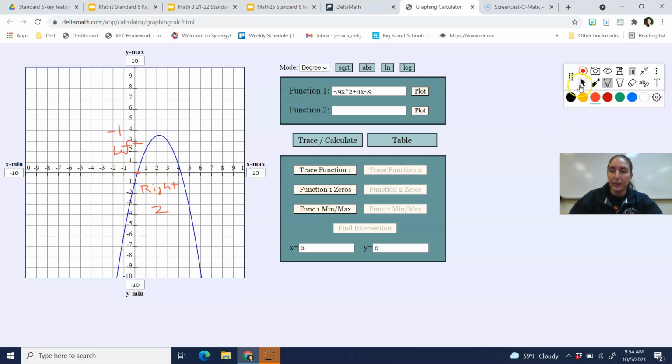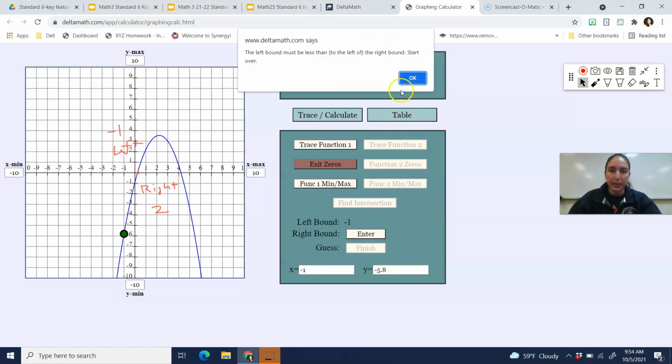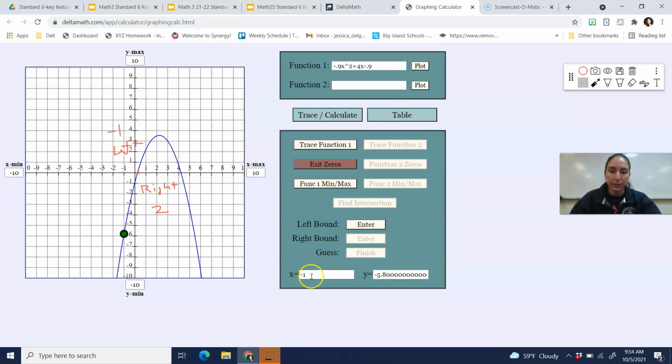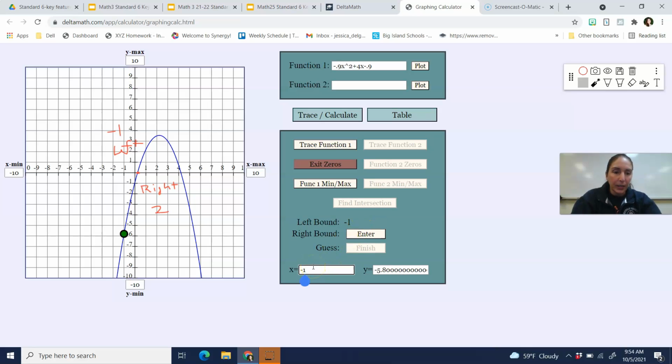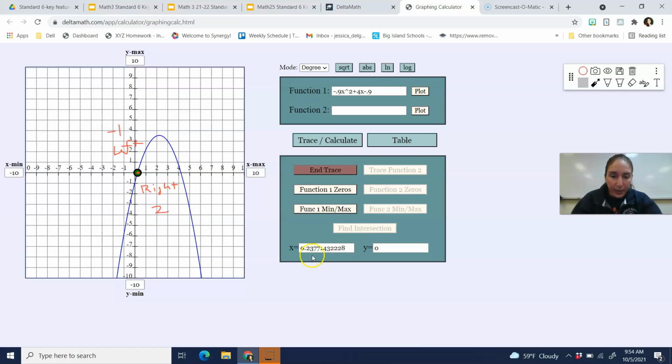All right. Function 1 zeros. Left bound, let's try -1. Enter. Right bound, we're going to use 2. So let's double check. Left bound, -1, right bound 2. Finish. Okay, here's our intercept,